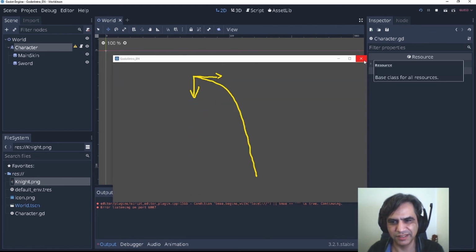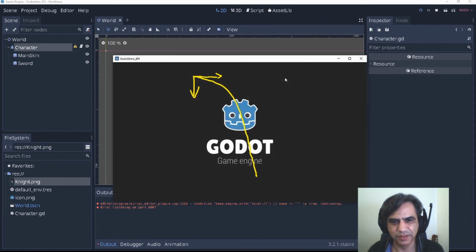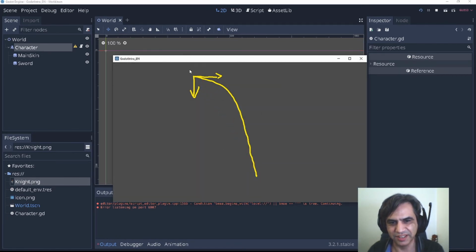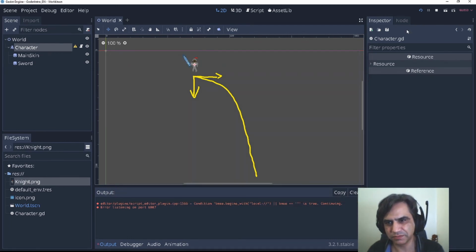As you can see, because I didn't start when the game starts, but you saw that the movement is something like this. Cool. So I was not that wrong.